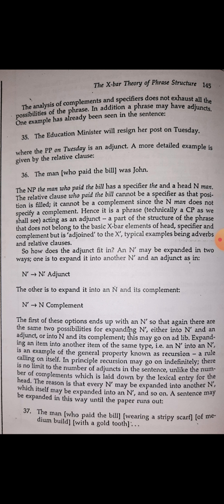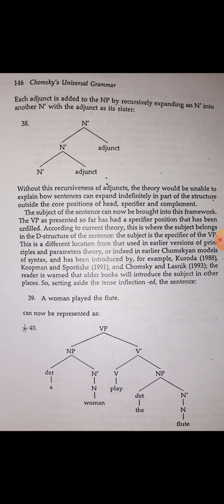So an adjunct usually comes along with the level of N bar, and a complement usually occurs along with the level of N. Examples he will give us. The example is tree number 38. You can see N bar contains N bar and then adjunct. This is the formula he has given to us, and the example